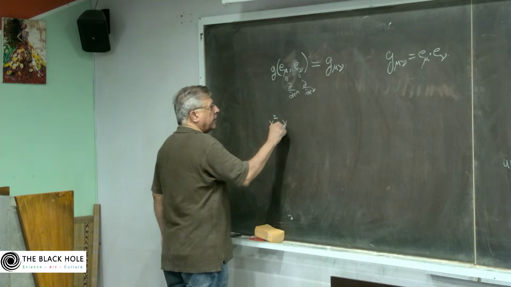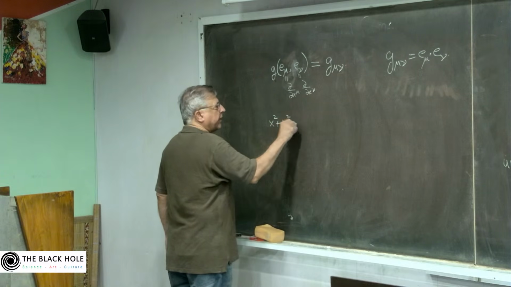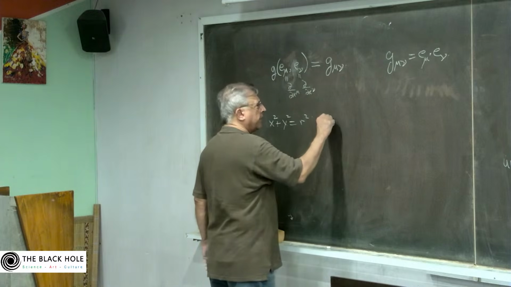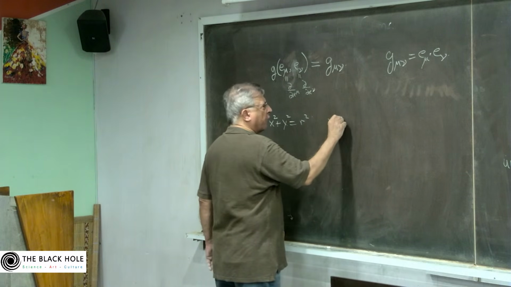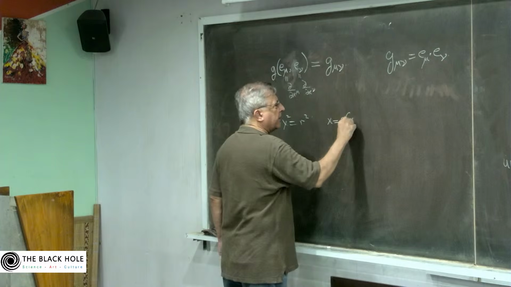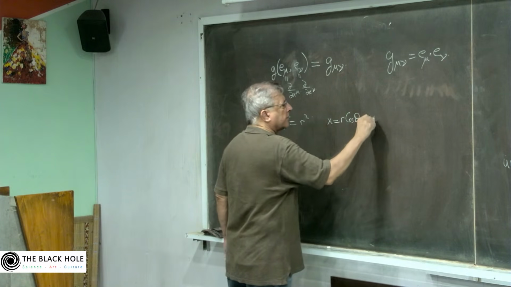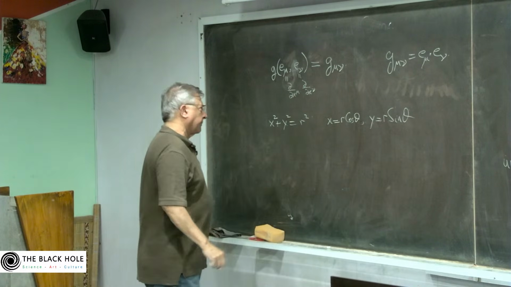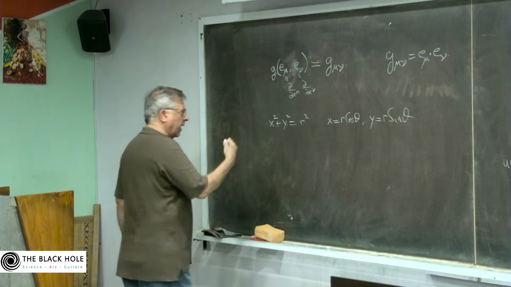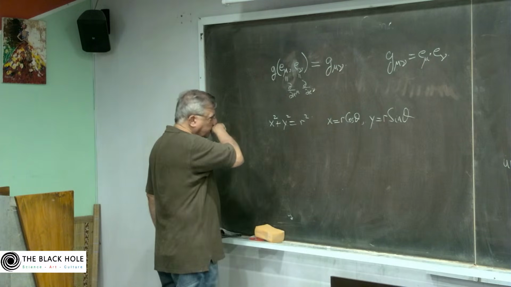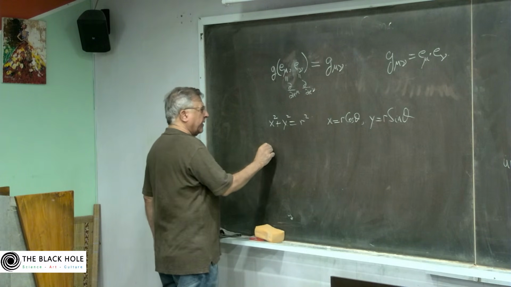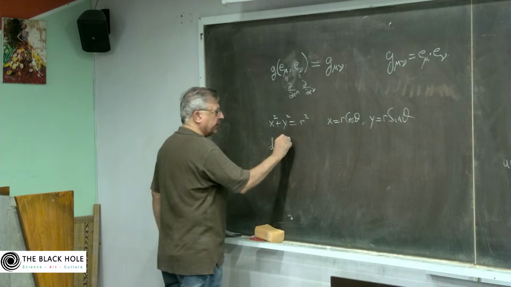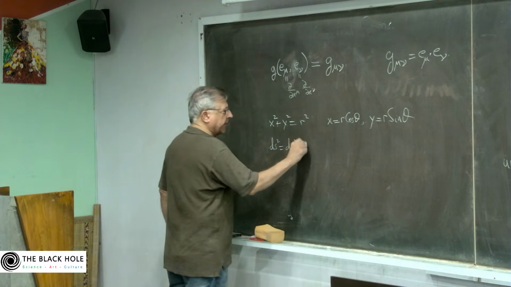I have x squared plus y squared equals r squared. Then I make a change of coordinates, x is equal to r cos theta. If I look at ds squared, which is dx squared plus dy squared,